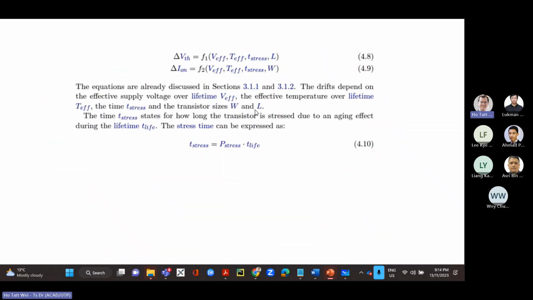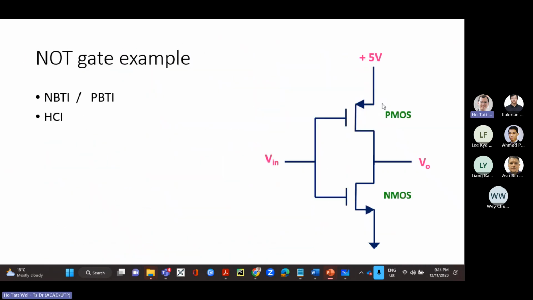Let's say you look at either a gate, a standard cell like that. It could be a NOR gate, a NAND gate, a NOT gate, an XOR gate, any of the standard cell gates, or I could actually give you a path, right? A simple set of logic gates, and you have to translate it, and I ask you to analyze this and tell me which part of the circuit is going to be most prone to aging.